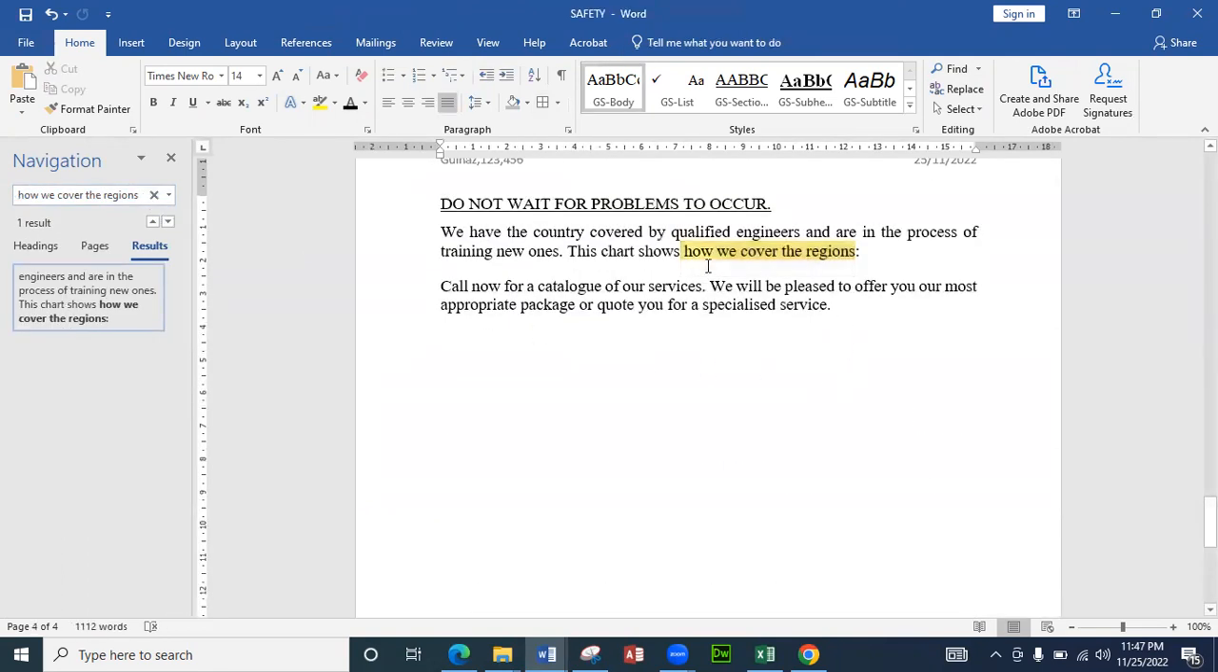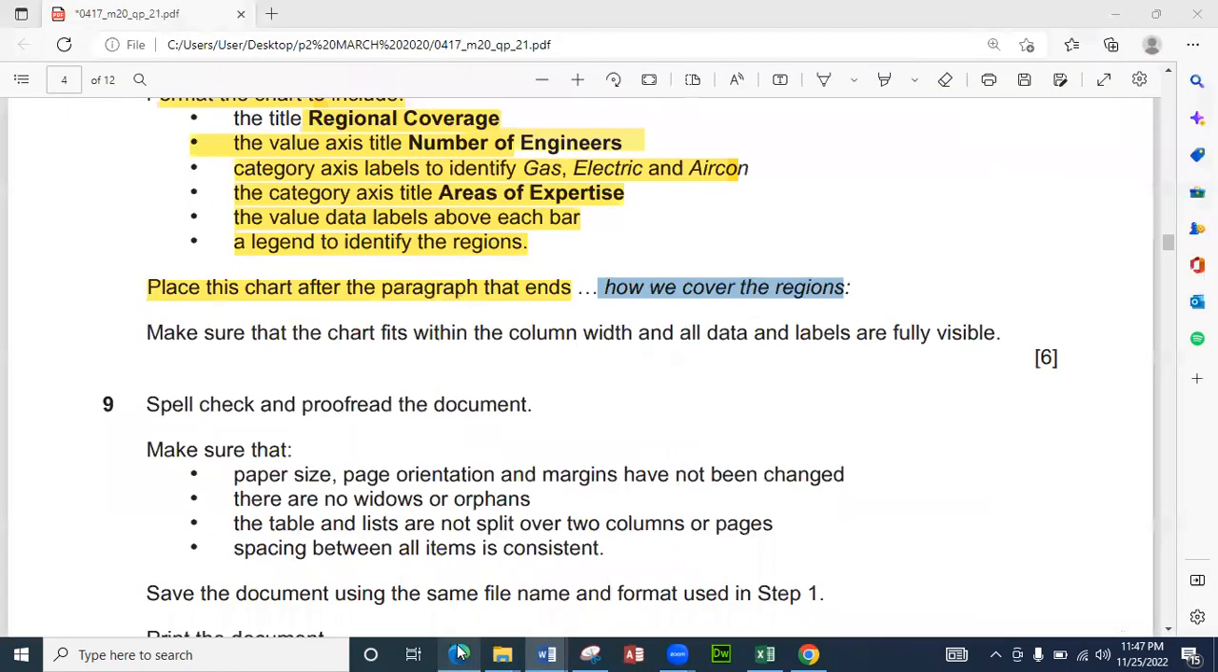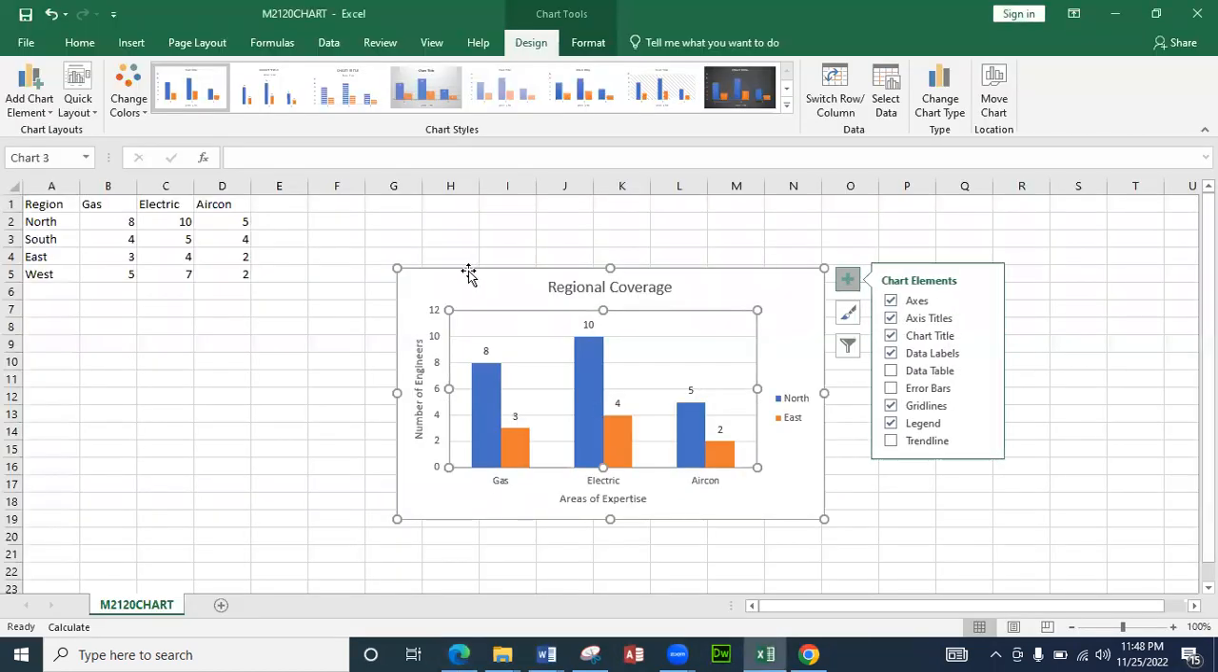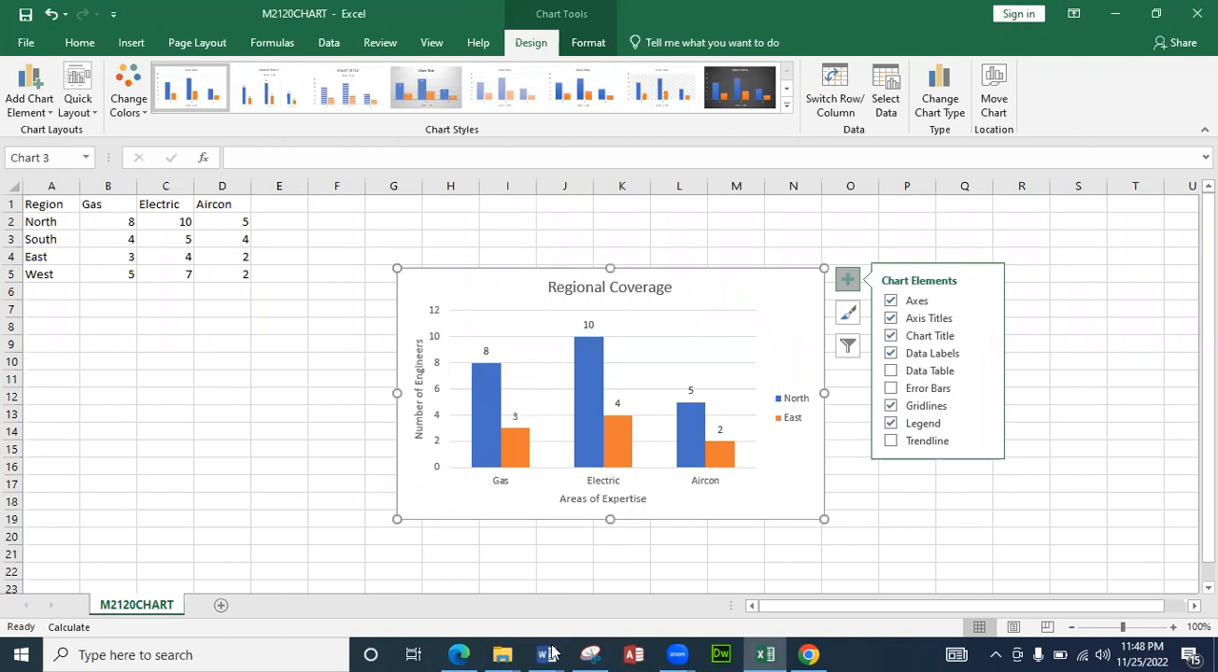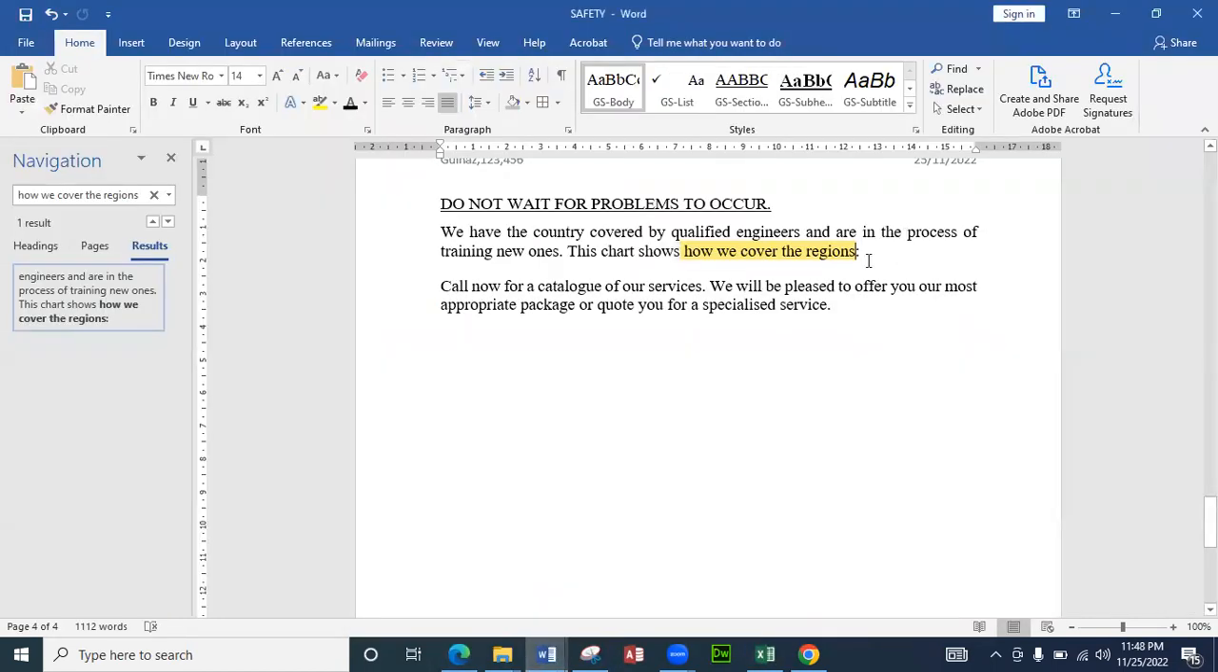This is how we cover the regions. Over here, at the end of the paragraph, we have to paste the chart and make sure that the chart fits within the column width and all the data and labels are fully visible. So we go to Excel, click on the chart, copy the chart, go back to your main document, and